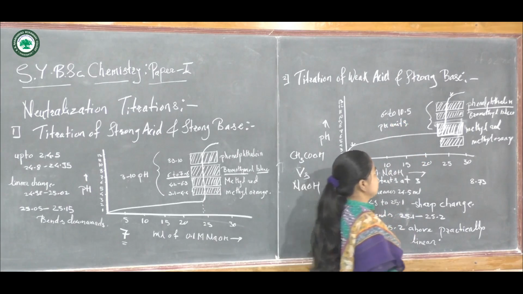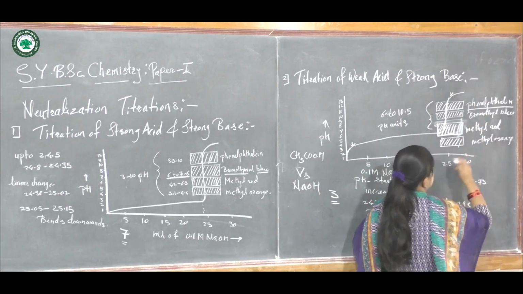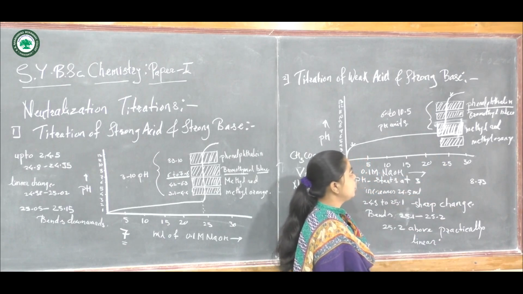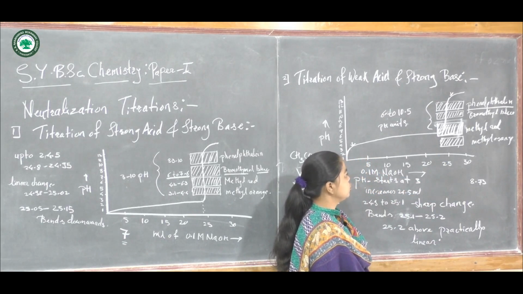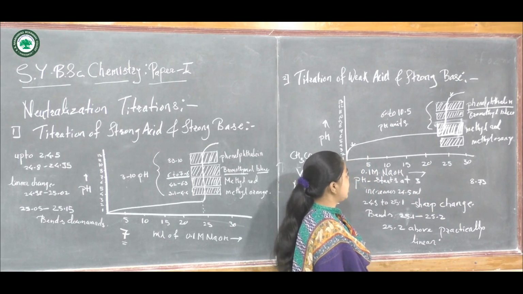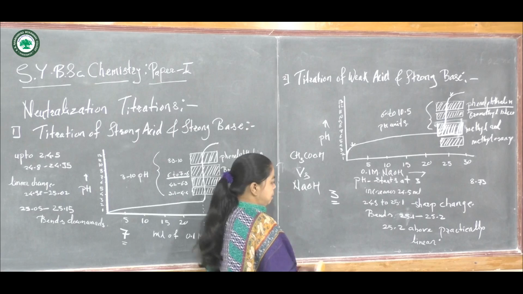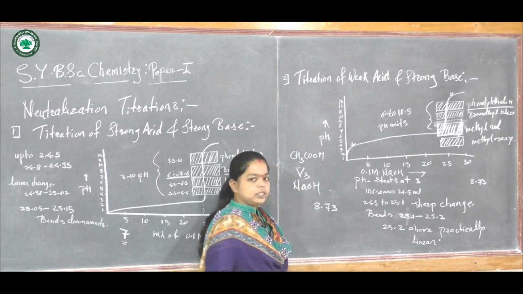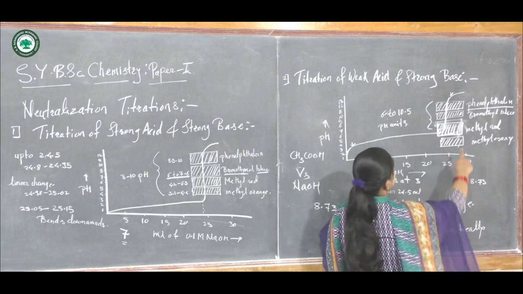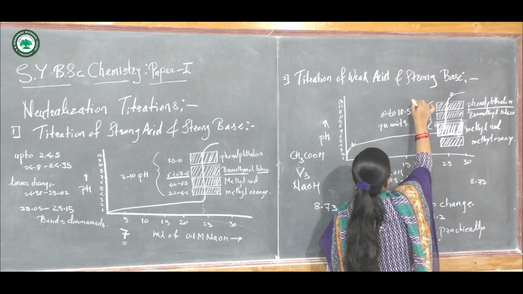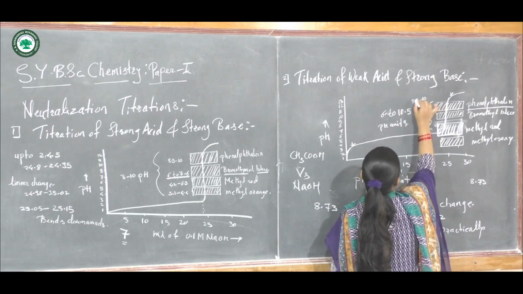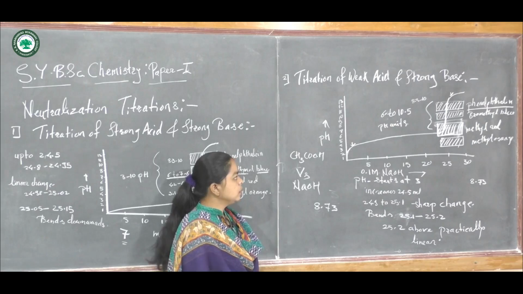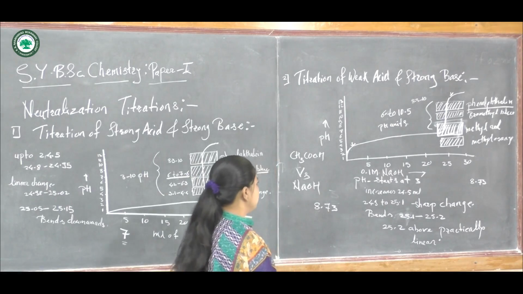This has the pH value 6 to 10.5 units. Now in this case we can put different types of indicators, similar to the previous graph. We have already taken these indicators, we know the range of each indicator. Now for this titration, the exact pH at the equivalence point is nearly 8.73. We can see here that phenolphthalein has the pH range 8.3 to 10 pH units. So it is near to the equivalence point, the exact range of the equivalence point.